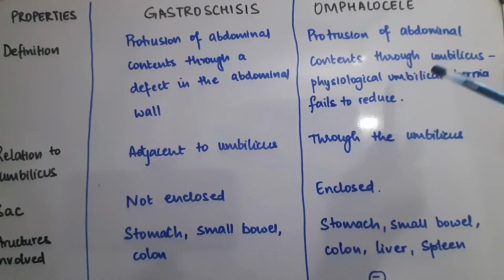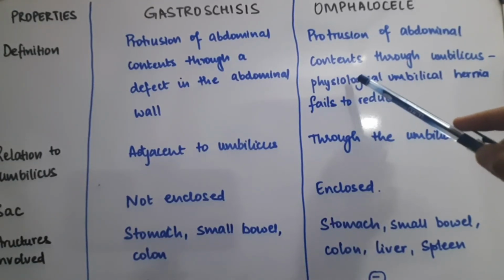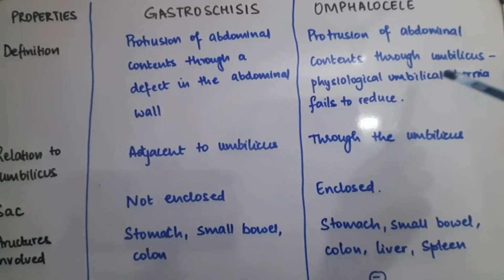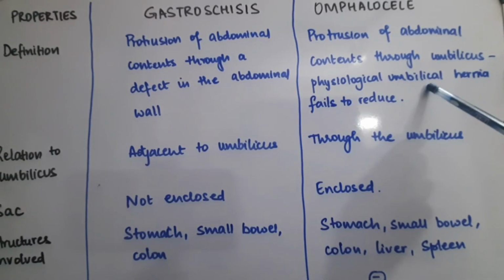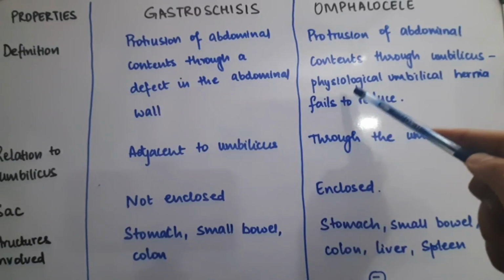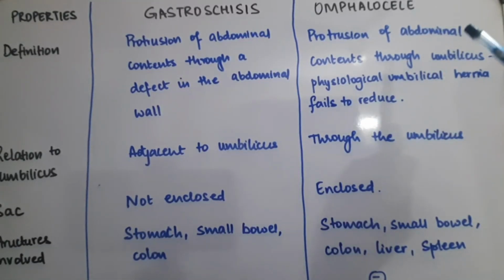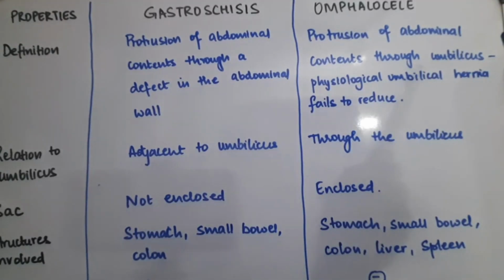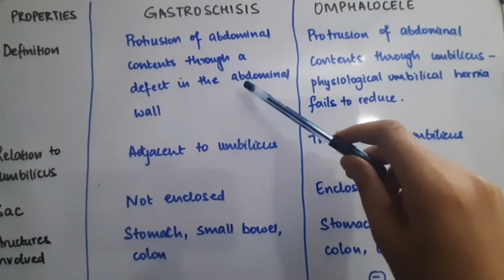So what happens during development, especially in the fourth week, is that there is a physiological umbilical hernia where the intestines come out of the umbilicus for some time while the intestines get rotated and the abdominal wall grows. So all of the intestines come out through the umbilicus. That is called a physiological umbilical hernia. And after a while, it goes back inside the abdominal wall, gets reduced back. So if this umbilical hernia fails to reduce, that is what leads to an omphalocele. That is why the defect will be through an umbilicus in an omphalocele, and in gastroschisis it will be through